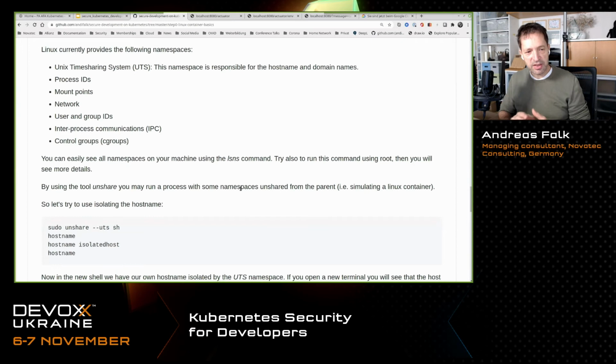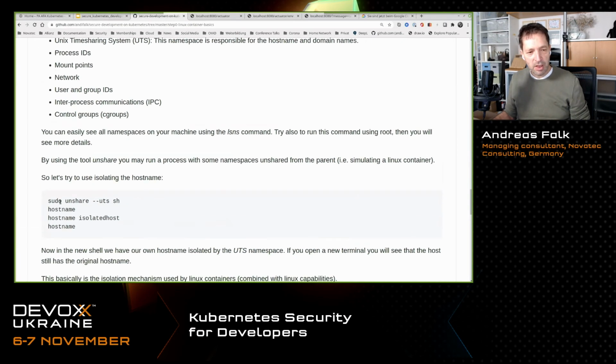You can, for example, simulate that isolation regarding host names on your Linux host. So I just try to use that one.